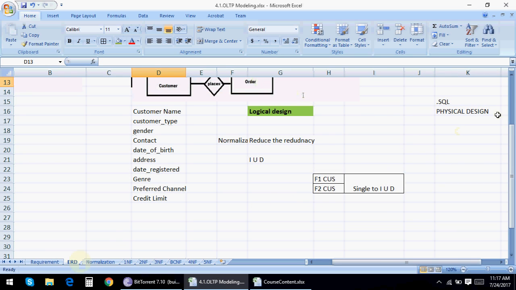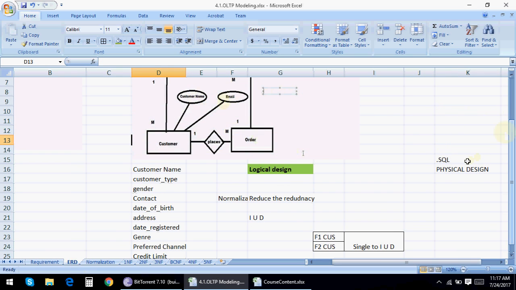This is where your physical design will be ready. Once the script is executed, it will create your table structures, and then the next level of creating applications will start.